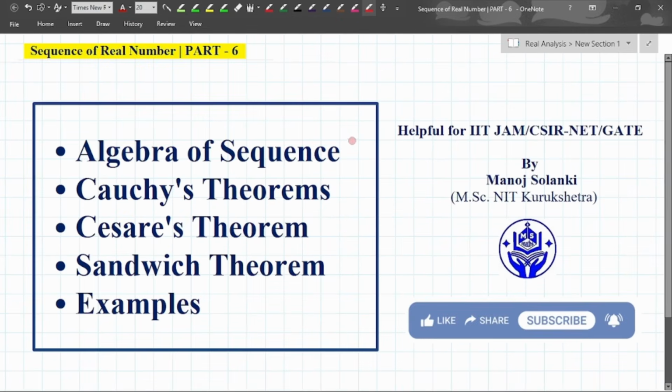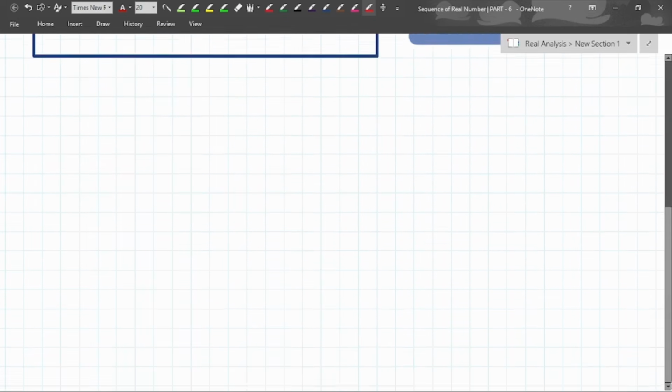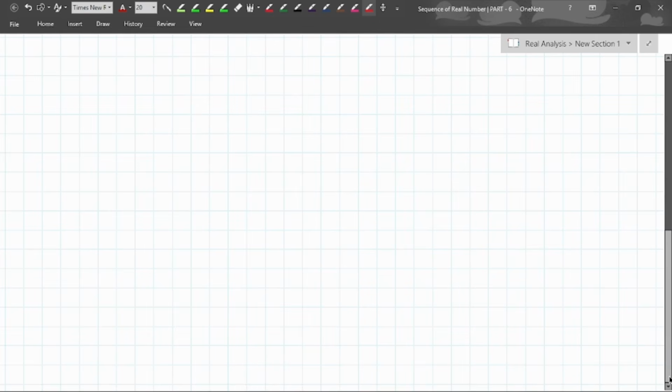I will discuss the algebra of sequences and the Cauchy theorem, Cesaro's theorem, the sandwich theorem, and their examples. So I will start with the algebra of sequences. What kind of algebra are we using on sequences? That is what I'm going to start here. The algebra of sequences means here